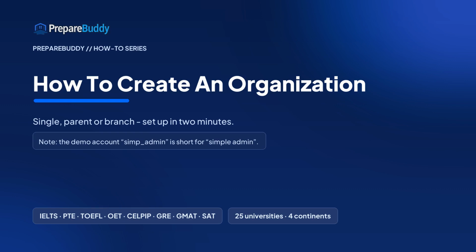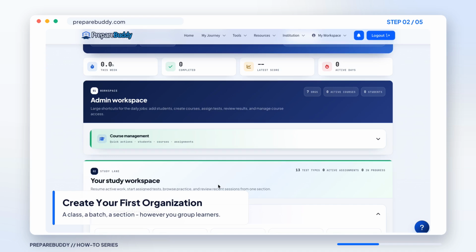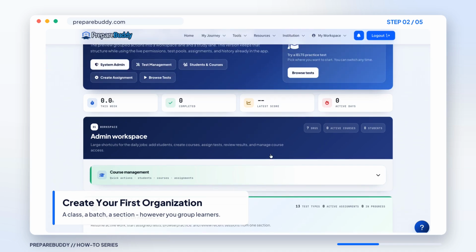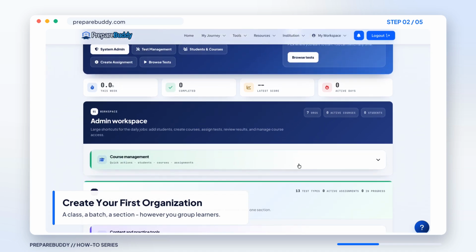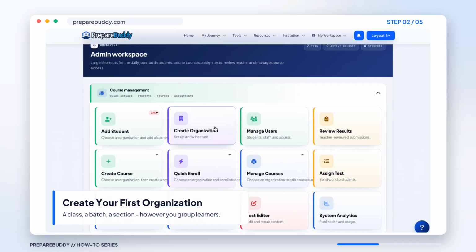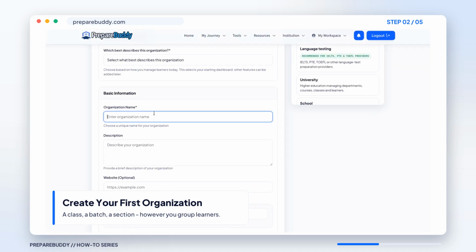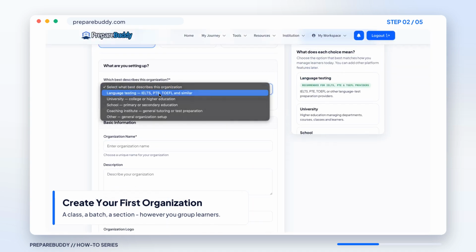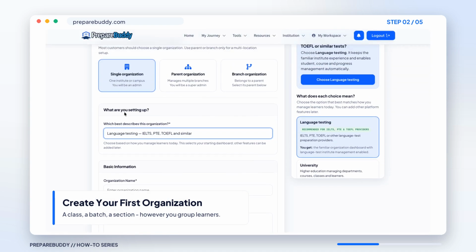In this short guide, how to create your first organization in PrepareBuddy, the container your students, courses and billing all live inside. Everything starts with an organization. Think of it as a class, a batch, or a section, IELTS Quarter One, IELTS Quarter Two, whichever way you group your learners. Open Student and Course Management, or use the quick access tiles on your dashboard, and choose Create